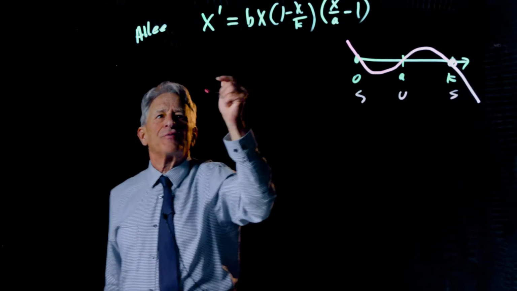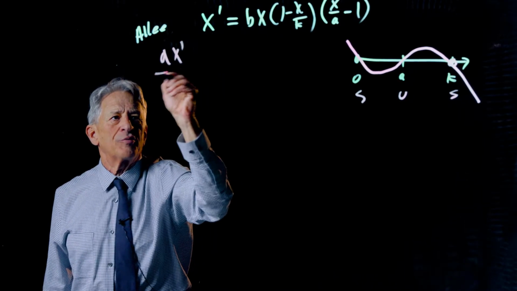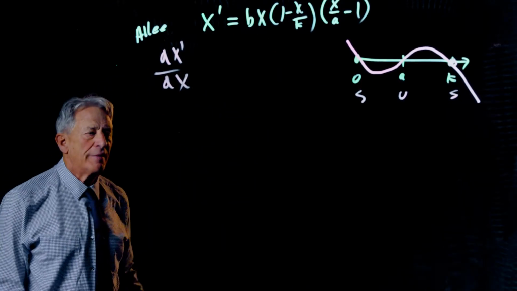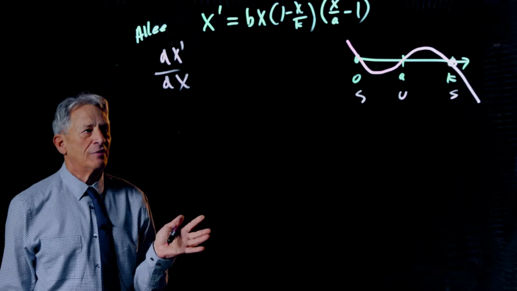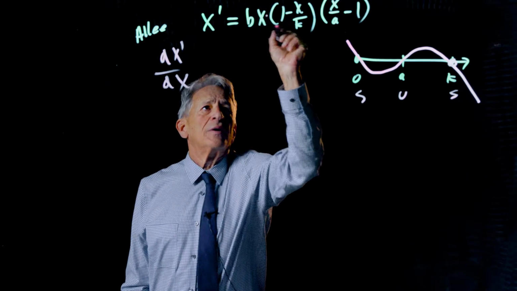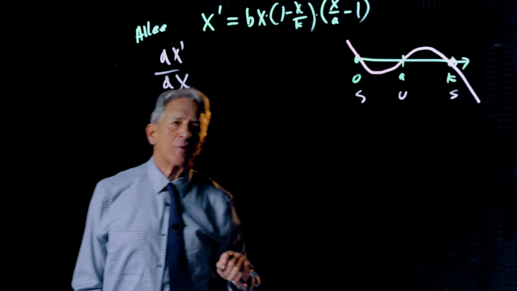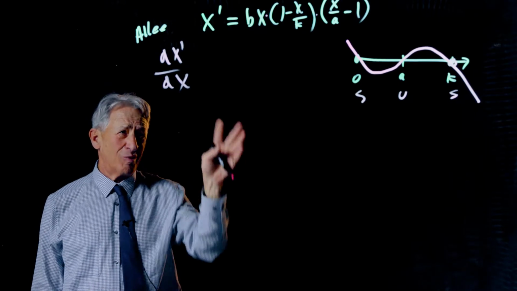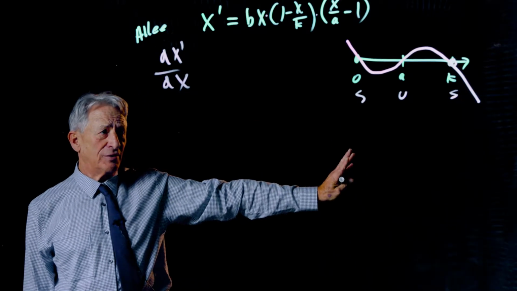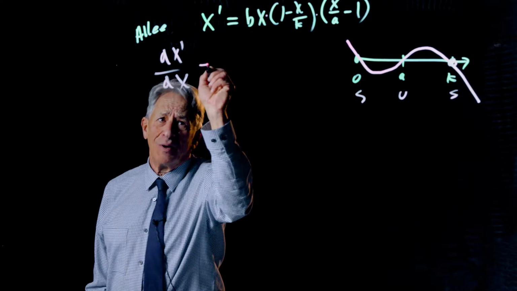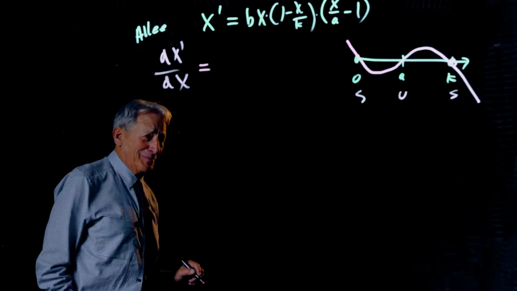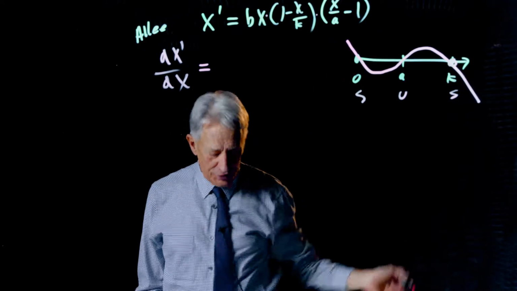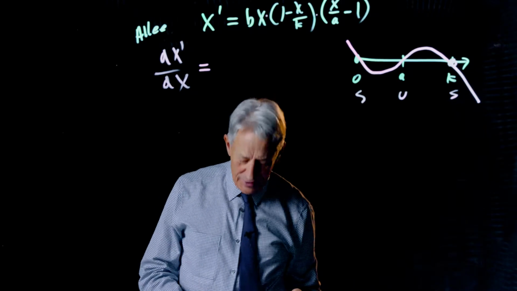So now we have to differentiate. In order to do that, to apply the principle of linearization, we have to differentiate that right-hand expression with respect to x. And this is now going to get ugly because this is a product of 3 terms. We either have to use the product rule twice, or we have to multiply the thing out and look at it as a polynomial. I'm going to multiply the thing out and look at it as a polynomial. And when you do all of this multiplication, I did it offline,